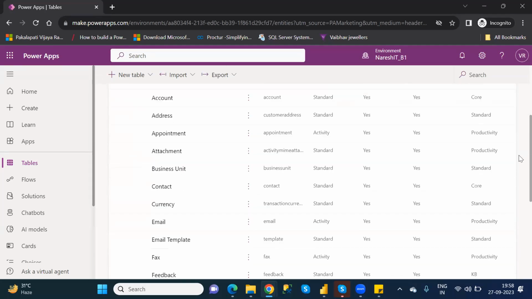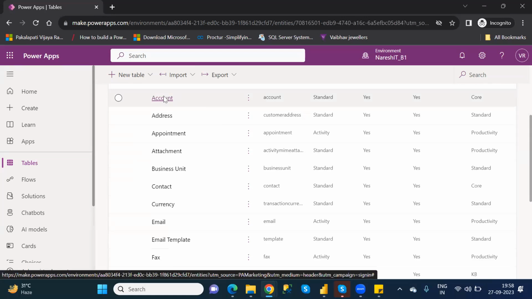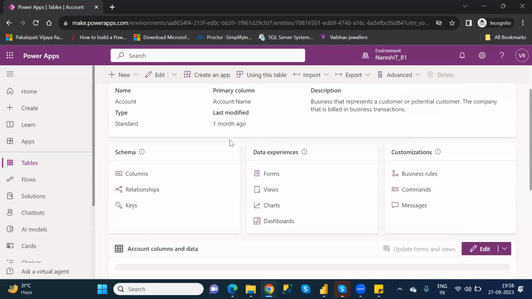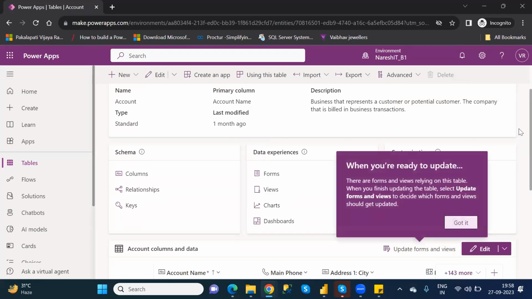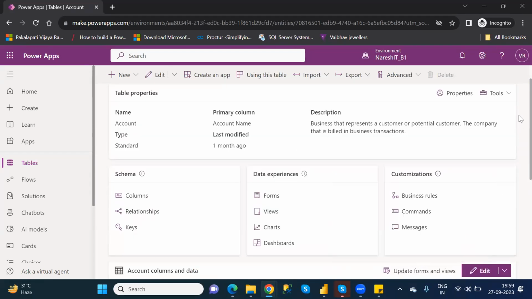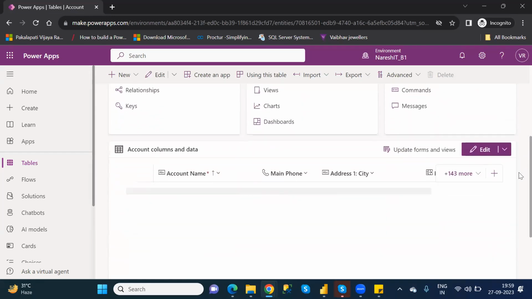Accounts and everything. When you click on a particular table, we can see what columns are there under this table. When you come down, see here, what columns are there: account name, main phone.